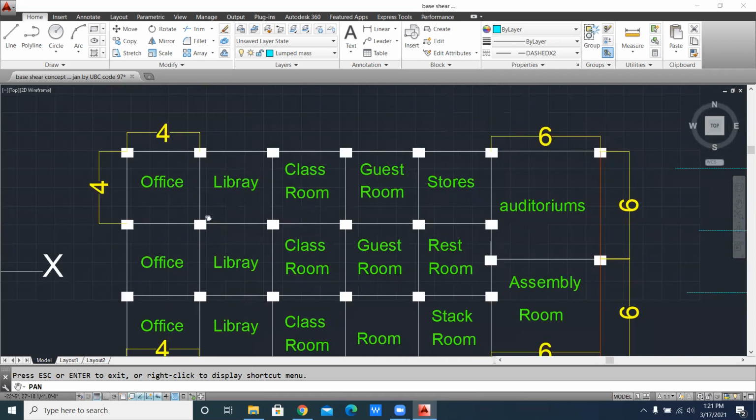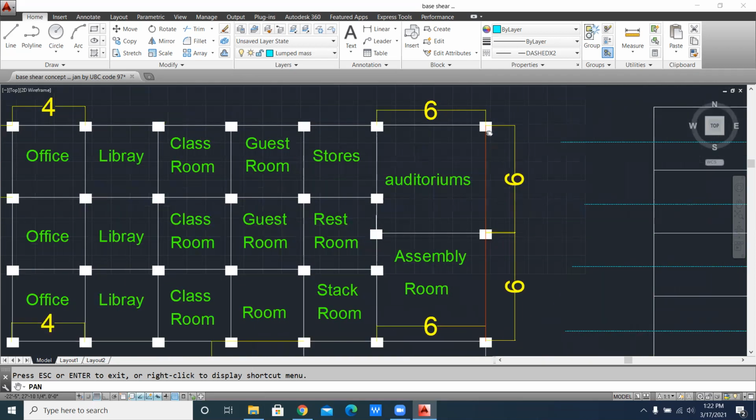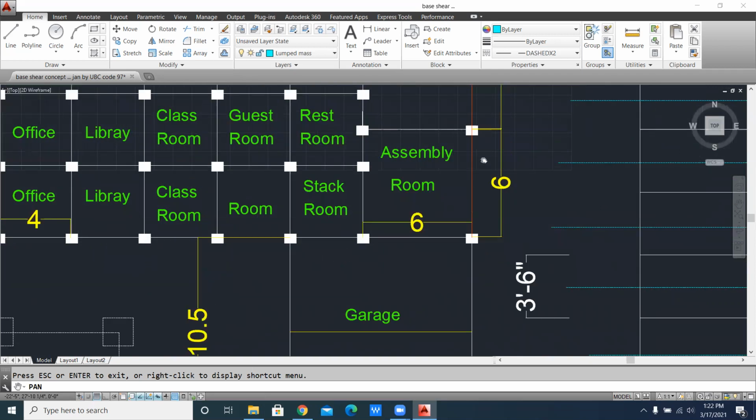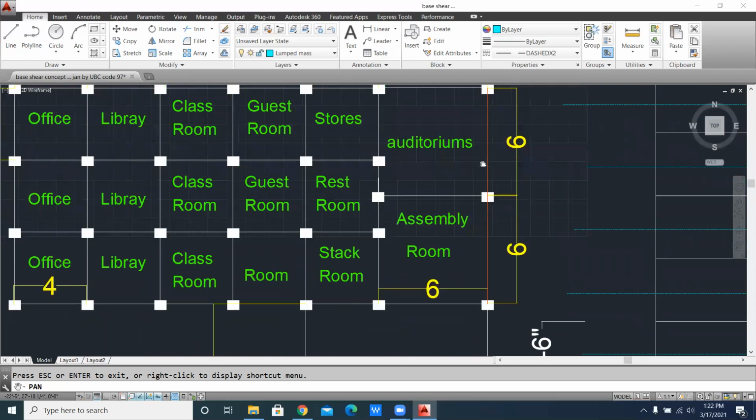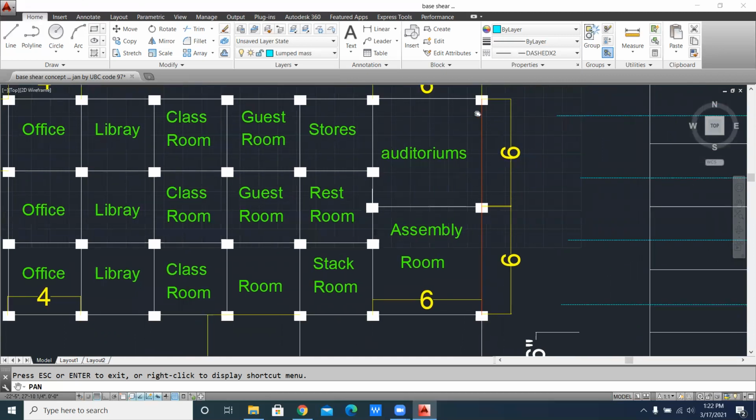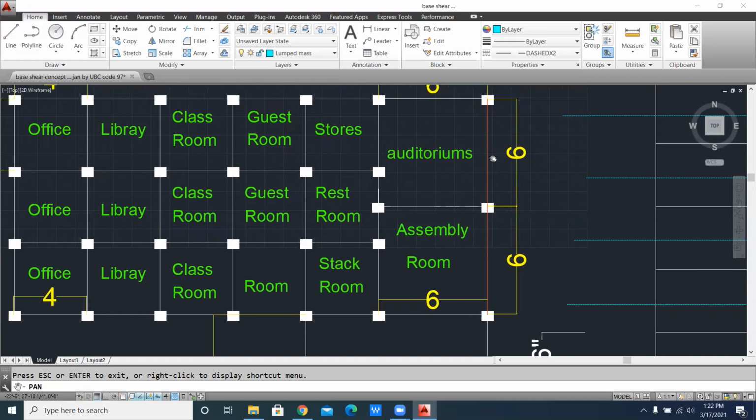In this drawing I have also provided shear walls. This one is a shear wall, and this one is a shear wall. So what is a shear wall? A shear wall is normally provided to resist the lateral load of the adjacent side, and these forces are horizontal forces. You can see here that I have provided shear walls along the y-axis. Shear walls are normally provided to resist seismic load, like wind load and earthquake load.